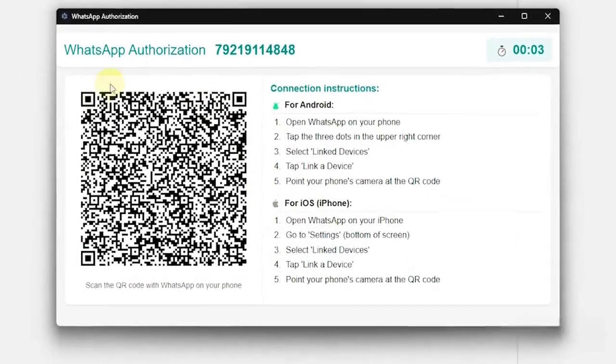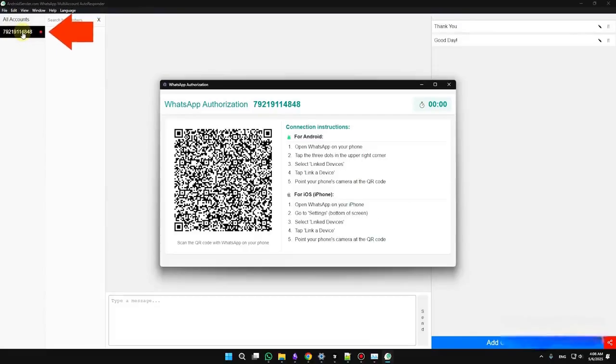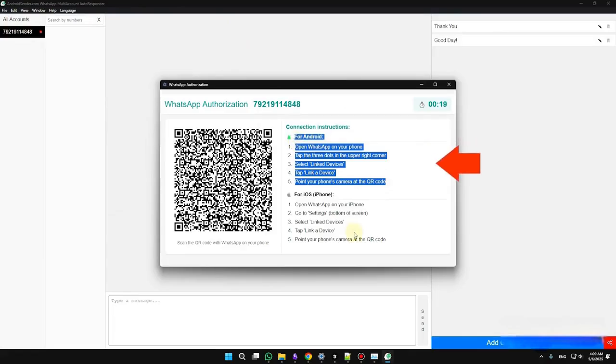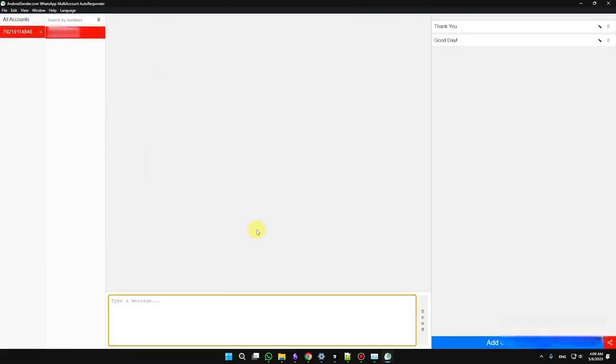Sometimes the QR code doesn't appear right away. In that case, you can close this window, go to all accounts, and then return to this account to scan the QR code again. Scan the QR code? How do you do that? It's indicated here, whether for Android or for iPhone. And we log in. After logging in, we can see that we've already received some message